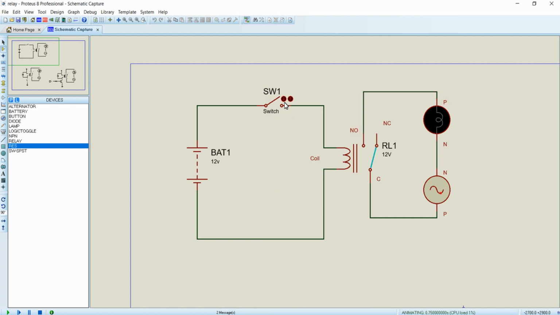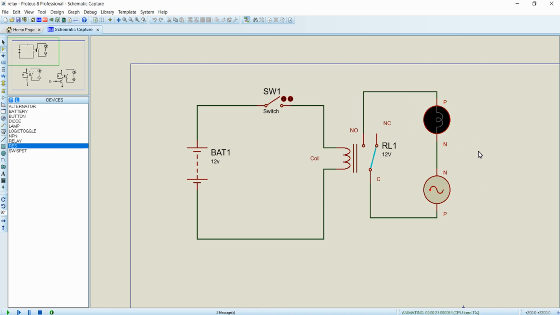And now you can see whenever I press this switch, this circuit will be closed, which will be energizing the coil of this relay. So I am pressing the switch. You can see this relay is now energized. So the common terminal is coming into contact with the NO terminal, which is closing this circuit. So that is why the light bulb over here is glowing now. And whenever I release this switch, the connection is made between the common terminal and NC terminal, leaving the NO terminal. So this circuit is open now. That is why this light bulb is not glowing.